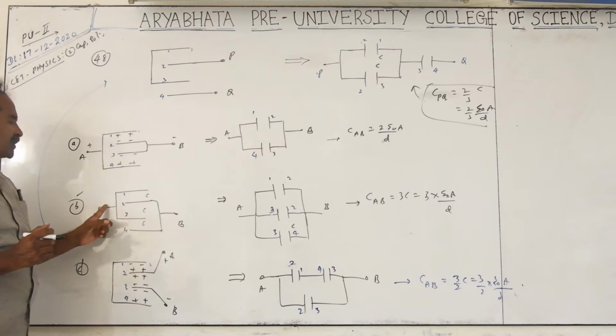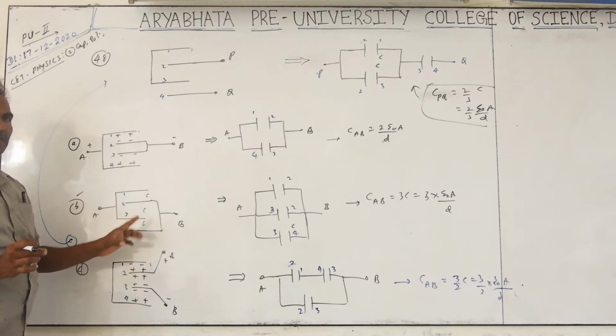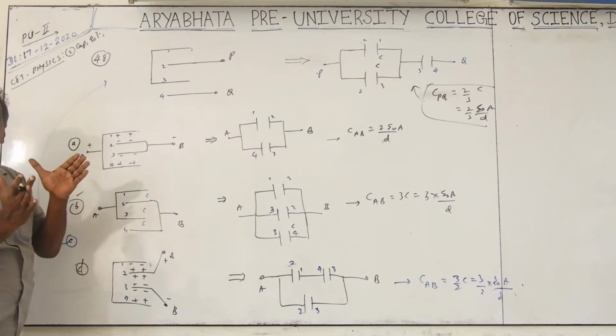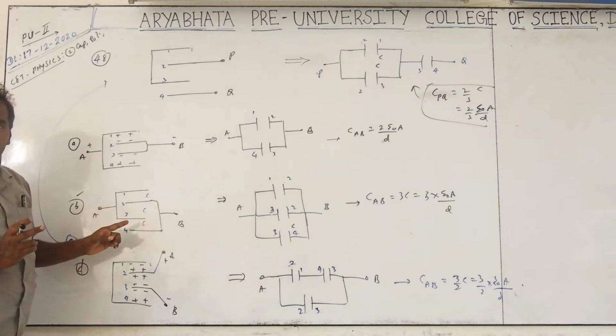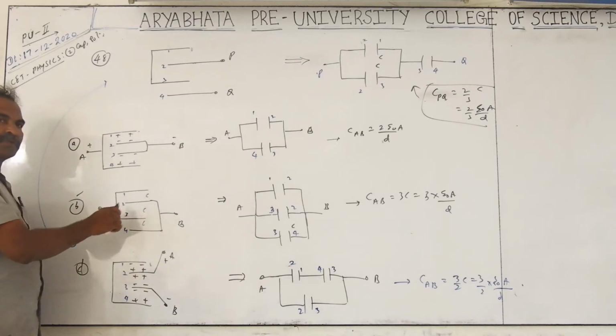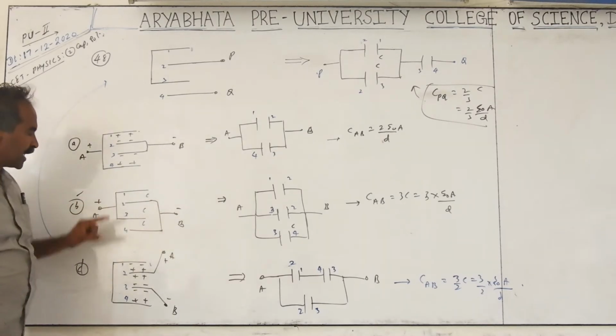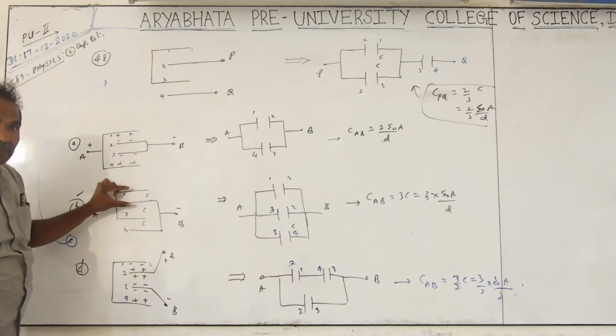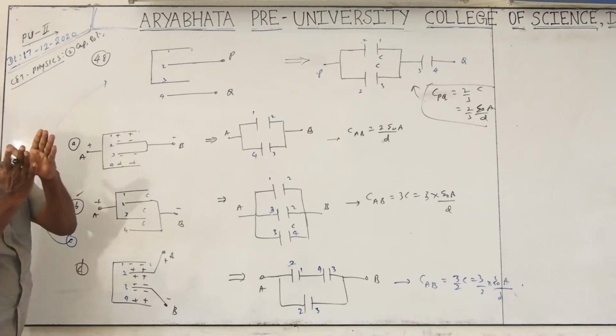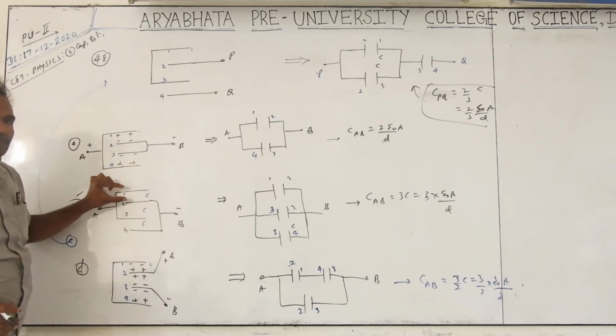Alternate plates are connected to the two terminals A and B, and charges are stored always on the inner surface of the plates, depending on the case you have to check. To give a diagram, you connect to the battery plus and minus. If you connect one to the plus, the other one connects to the minus. Between the gaps, two plates of a parallel capacitor are supplied by the direct current. So two plates form one capacitor.